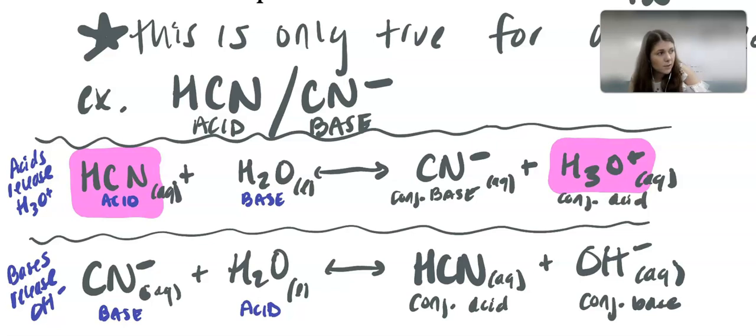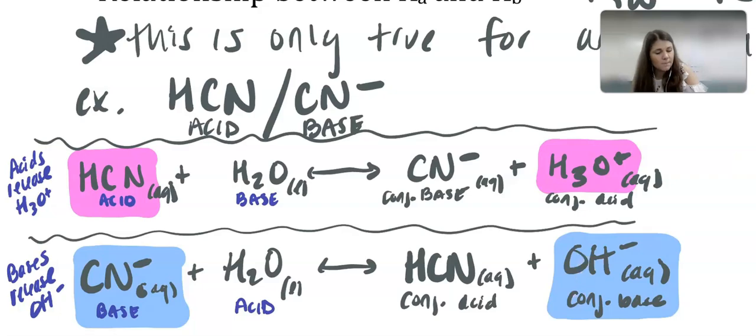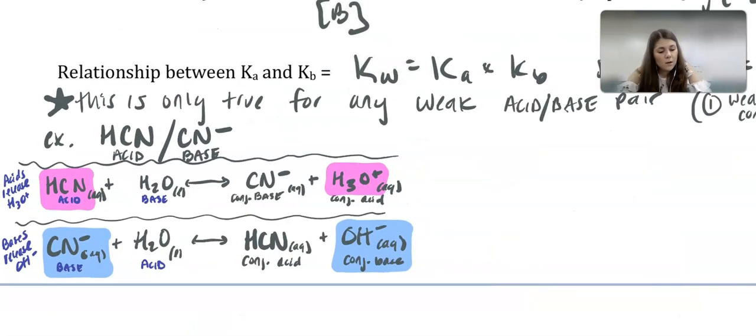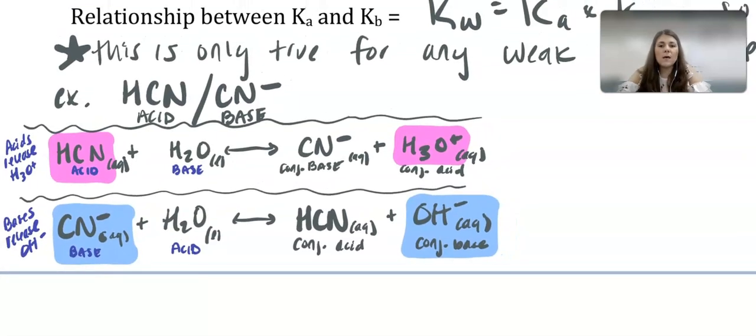Sorry, I forgot to write conjugate acid above. So here you can see CN minus and OH minus, okay? So, not trying to confuse you just yet, but if you look up the